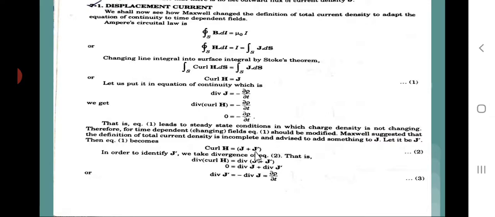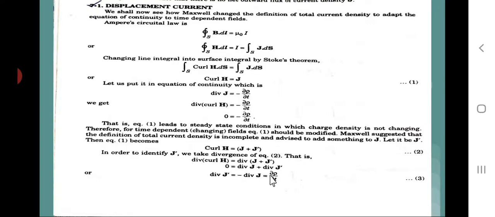Now taking divergence of both sides, we get divergence of curl of H is equal to divergence of J plus J dash. Now you know the divergence of curl of H is equal to 0, which is equal to divergence of J plus divergence of J dash,